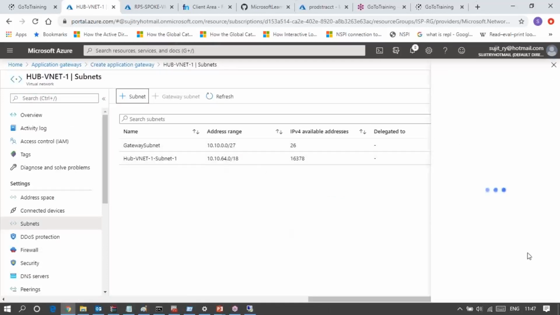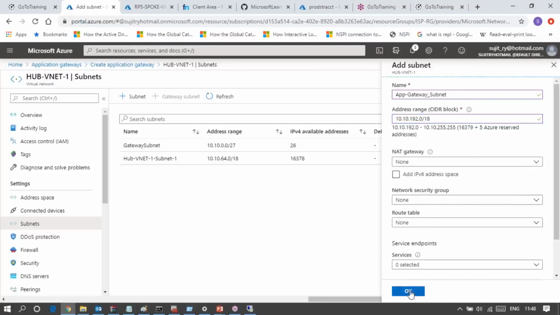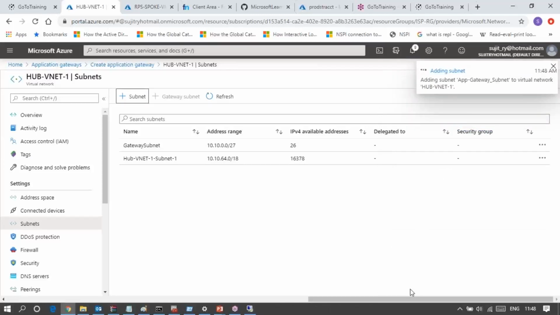I have subnet is 64. App gateway subnet, and the address range could be 10.10.192.0/18.